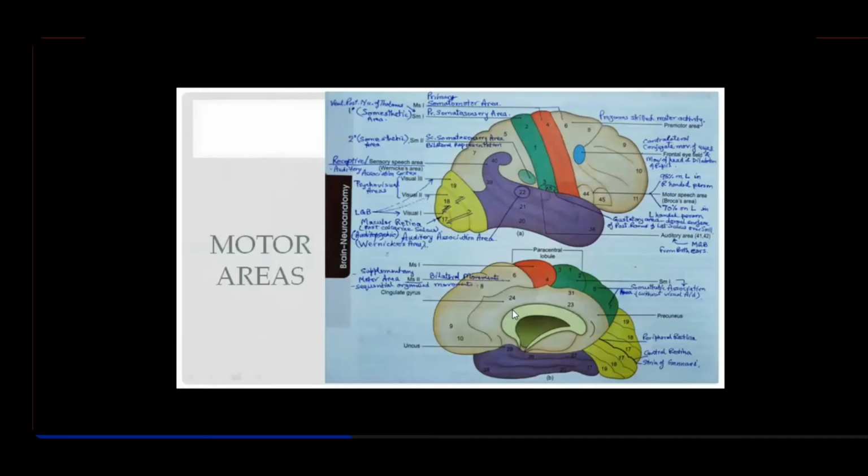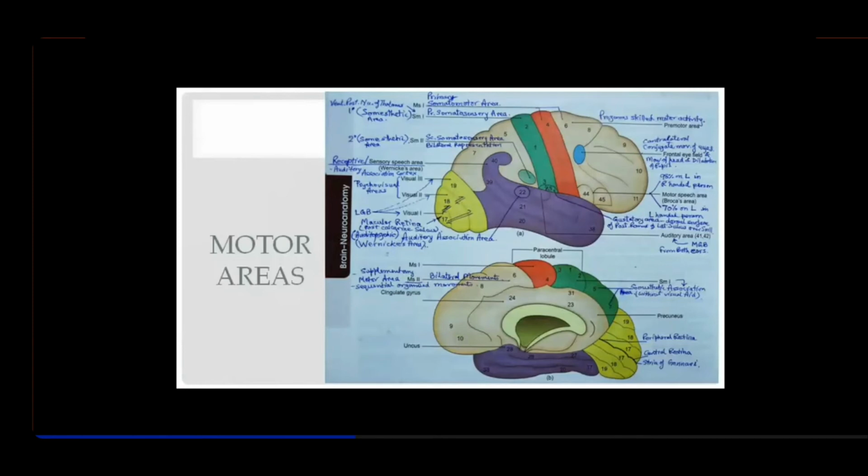This medial surface you are seeing is the medial frontal gyrus. Here also you'll find area number 9, 10, 11, 12. And it also includes the anterior portion of the cingulate gyrus, this much area. Or you can say the area of the forebrain occupying the anterior cranial fossa mainly, behind the forehead, that is the prefrontal gyrus. And this is the area which helps you to control all sorts of higher